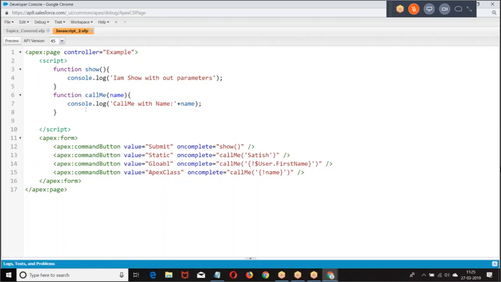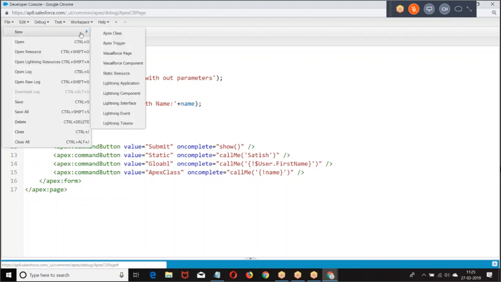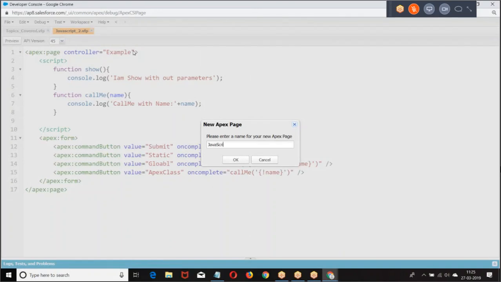the point here is how do you refer to the data which is there in the Visualforce page? Using JavaScript, how do you refer to the data? Listen carefully. This is a main example.